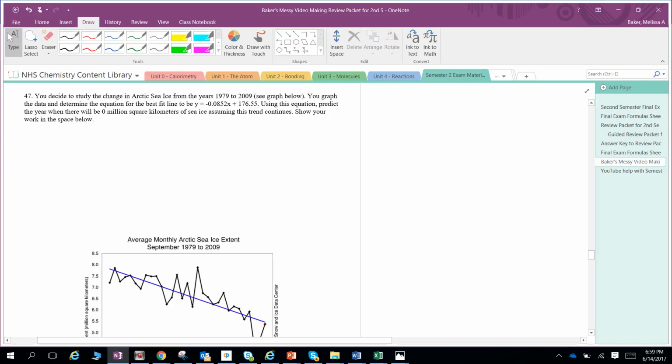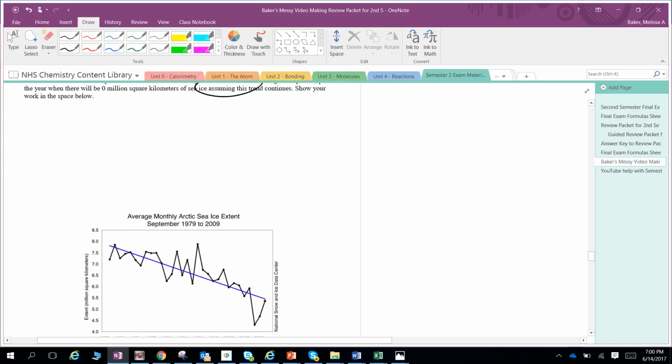It says you decide to study the change in Arctic sea ice from the years 1979 to 2009. You graph your data and you get a best fit line. Using this equation, predict the year where there will be 0 million square kilometers of sea ice, assuming this trend